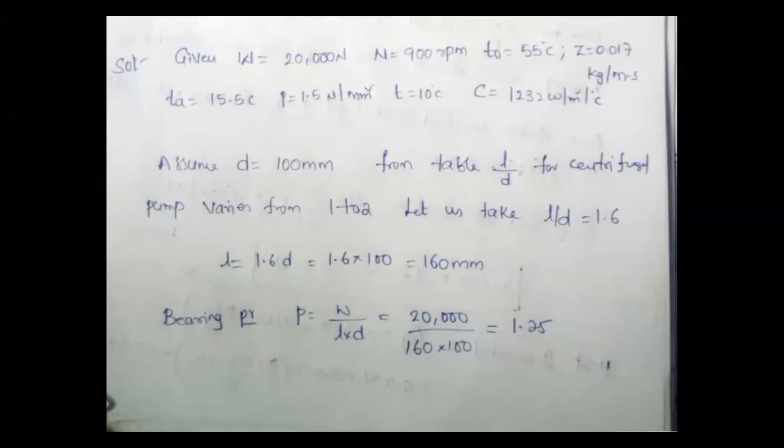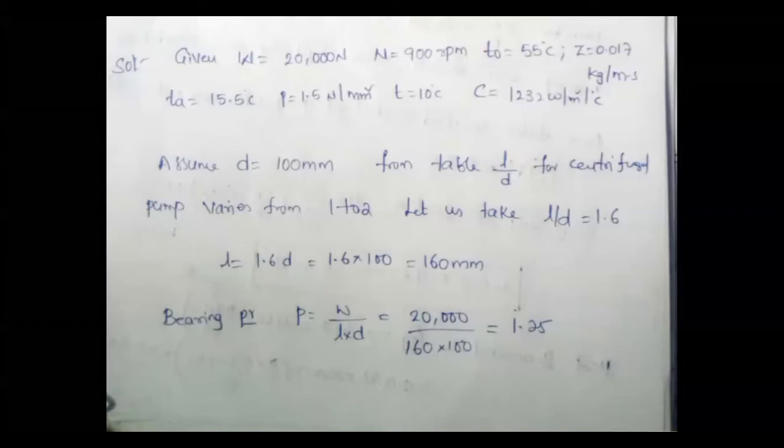So please go through your data book. You are having the bearing pressure value for the centrifugal compressor. First one is applications. Application will be there in one of the columns, and the corresponding bearing pressure value, the corresponding L by D value, the corresponding Zn by P value, and the remaining values, maybe C by D or D by C. Likewise, you are having values.